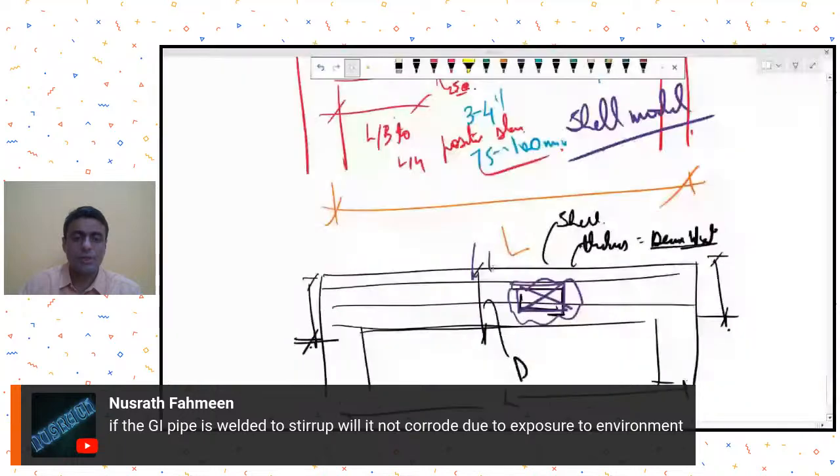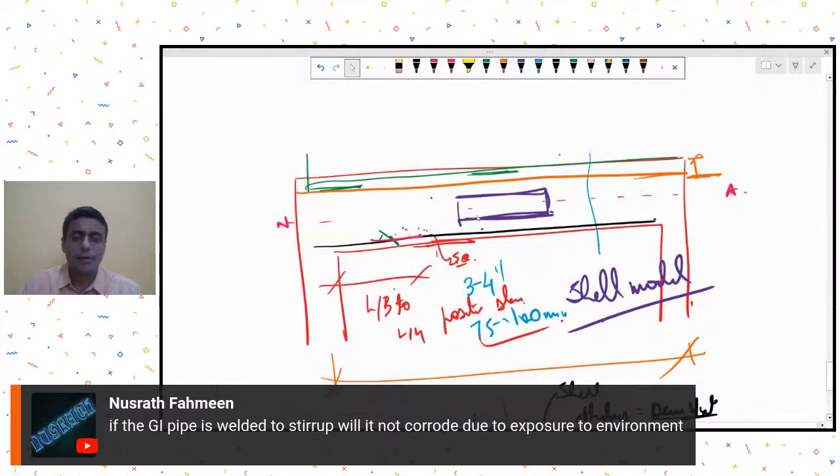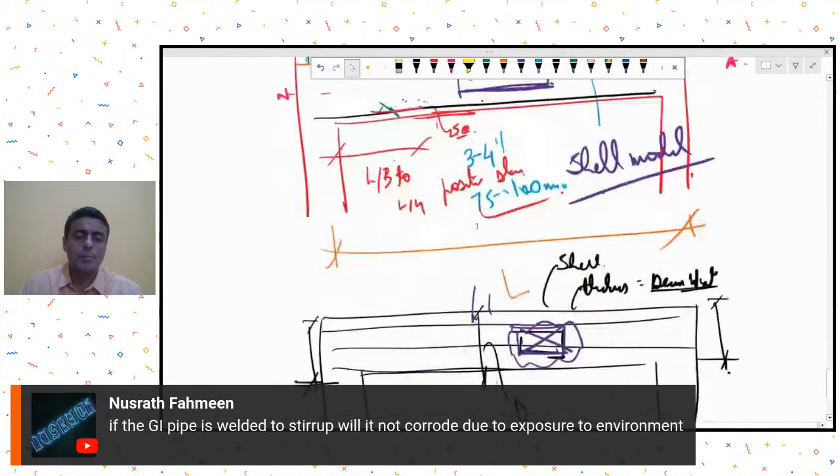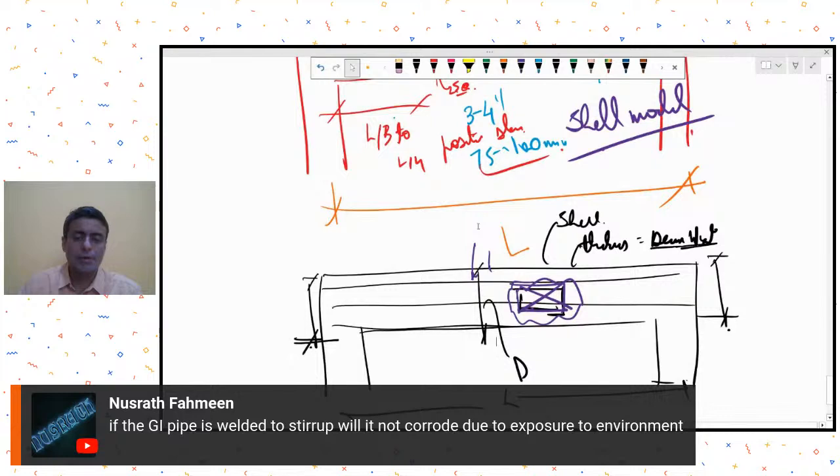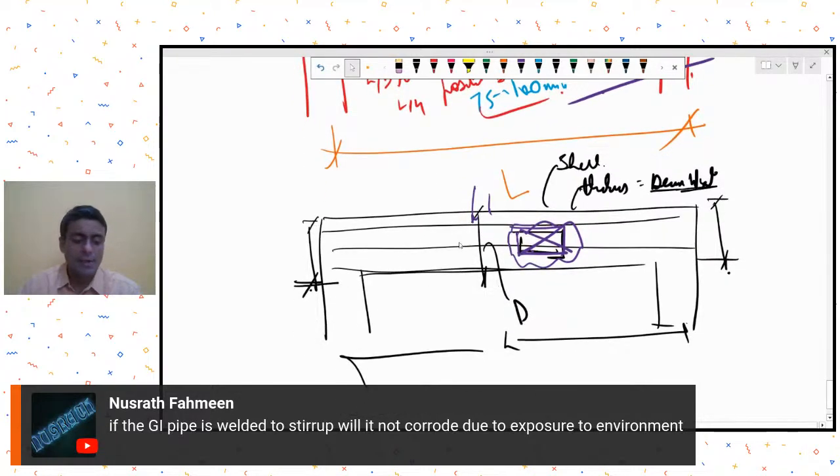Although if I'm using a galvanized pipe, maybe corrosion will not be an issue. But if you are in such an environment where corrosion is a problem, you can come up with the stainless steel. But then be careful about welding it with stirrups. So the weld should be compatible between the stainless steel pipe and the stirrup. So a compatible weld has to be used there. Okay,